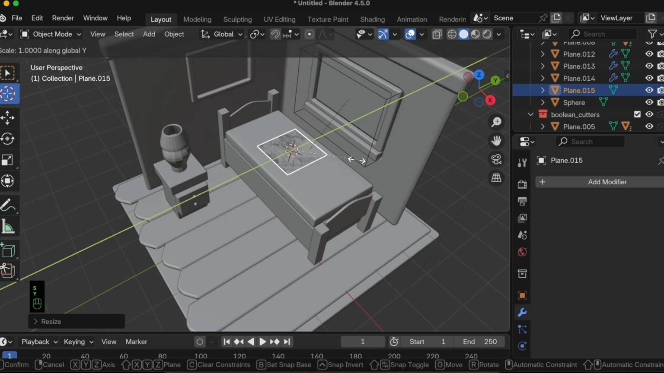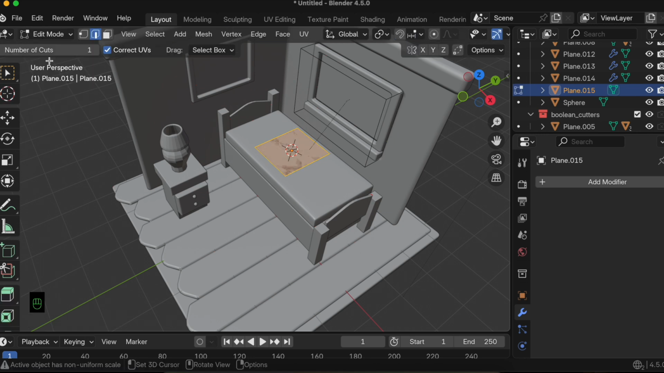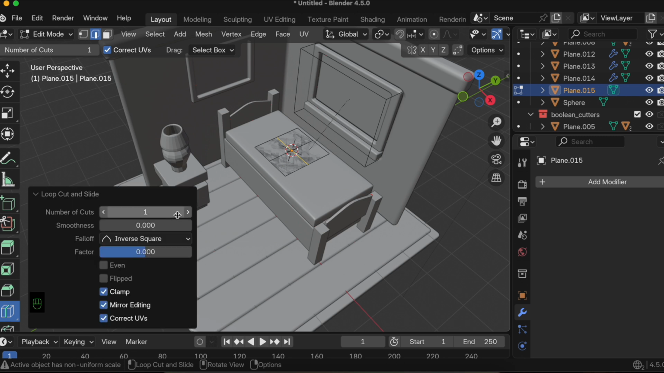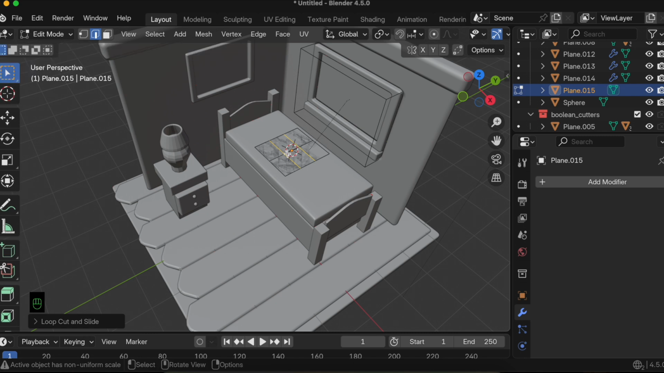Then just do S and Y just a little bit. Then let's just go to edit mode. Let's just add a horizontal cut, then add a vertical cut, and for the vertical cut we'll make this as 2. Then we'll just get rid of our loop cut by pressing this icon. Then